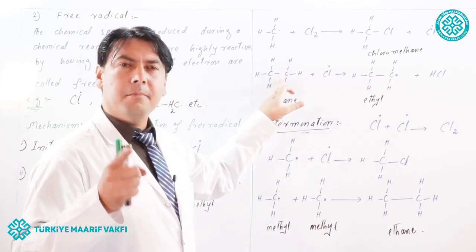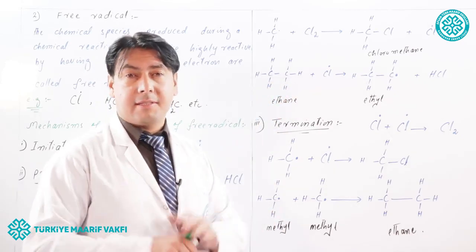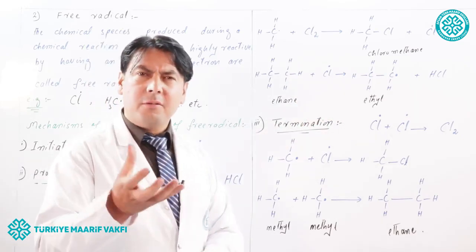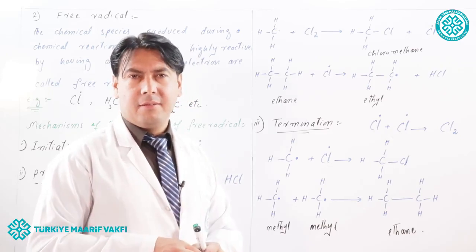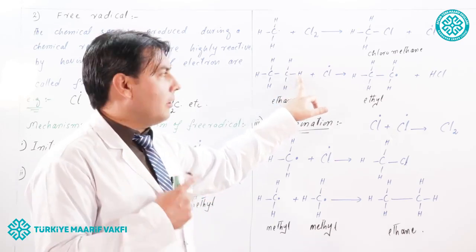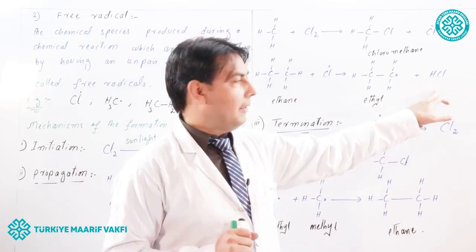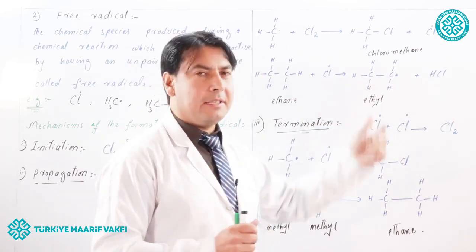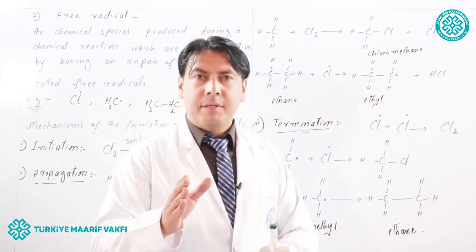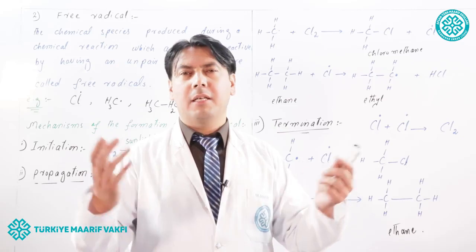Similarly, this is a methane molecule. Ethane is also a stable molecule, and the chlorine free radical wants to stabilize itself. So for stability, it can take a proton or hydrogen from ethane, and again it will form HCl, hydrochloric acid, and another free radical, ethyl free radical, is produced. Now, if they react continuously, free radicals will keep being produced.